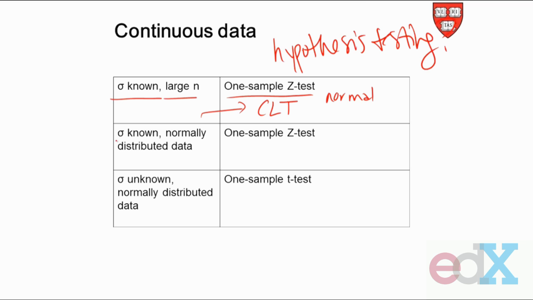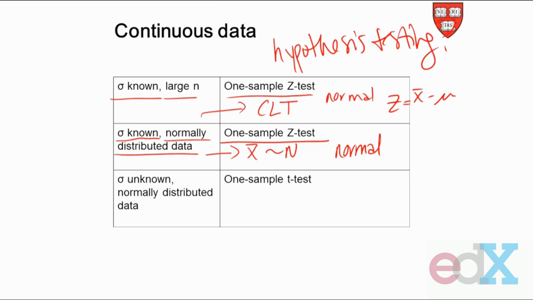On the other hand, if we know the standard deviation, and let's say we don't have a huge sample size, but we had normally distributed data, then because we started out with normally distributed data, we know that our sample mean is going to be normally distributed, and then again, you can just use normality and make all of your inferences using this one-sample z-test based on the normal distribution. So in this setting, you end up with a test statistic that looks like x bar minus mu divided by sigma over the square root of n. And that guy is going to be normally distributed,